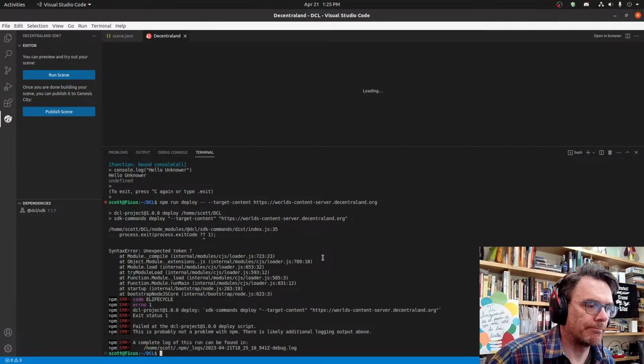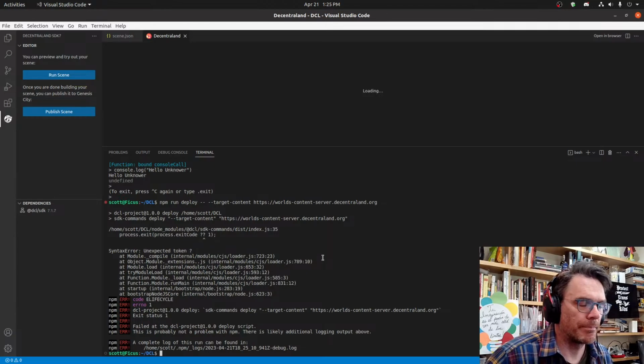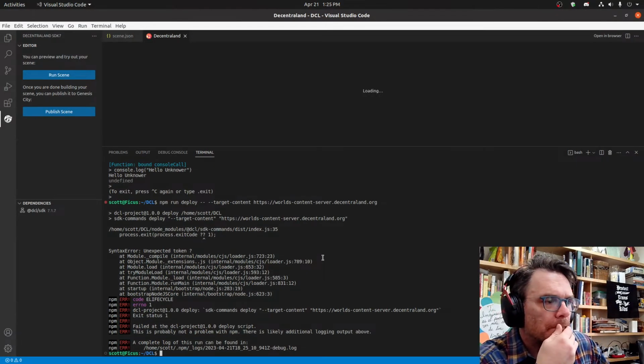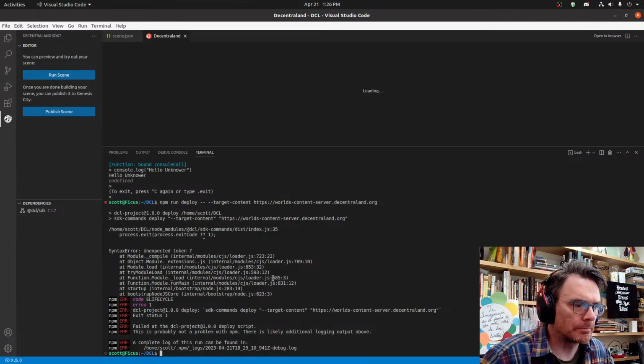That's weird, because that's in the dist folder, which is kind of like the final file that gets compiled by the TypeScript compiler. Kind of like combines all your code down into one file. So that doesn't seem like it's an error that was caused by you, especially since you just deployed the default scene. Well, it says here a complete log of this run can be found here. So